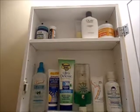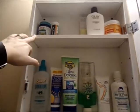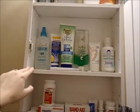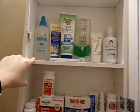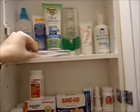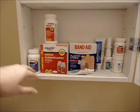Okay, so this is the after of the medicine cabinet. The top shelf is just my stuff, and then some extra medication. This shelf is sunscreen, sunburn, and pain relief, and bug spray, along with the thermometer and a pair of scissors. This bottom shelf is pain meds,